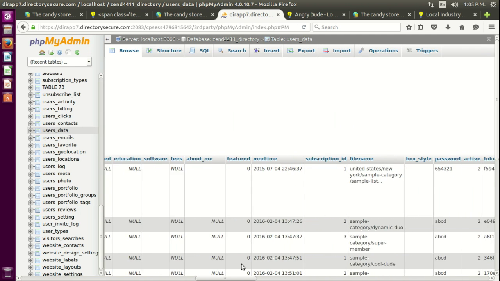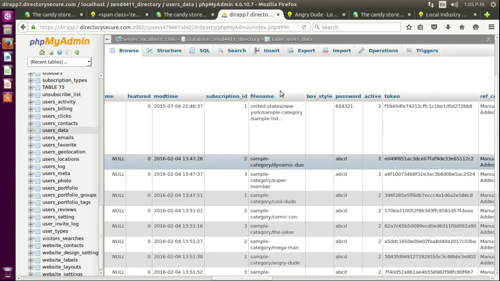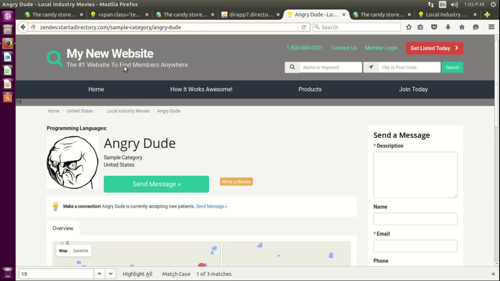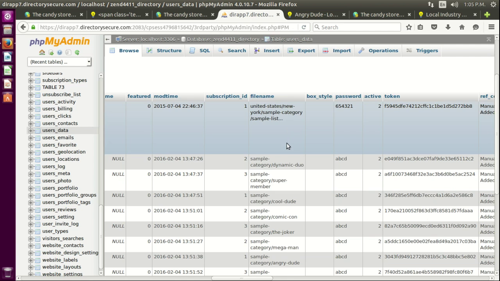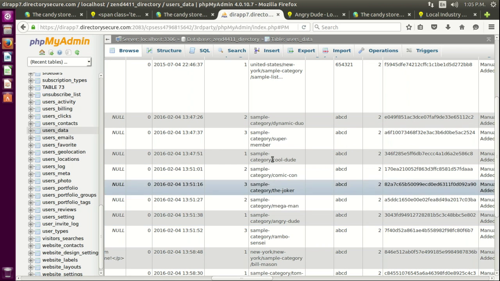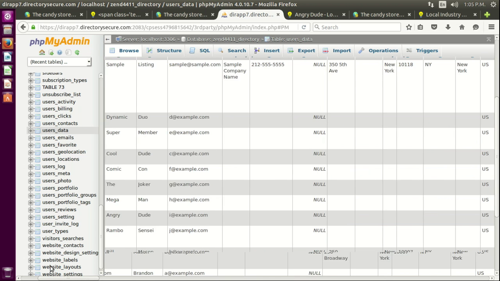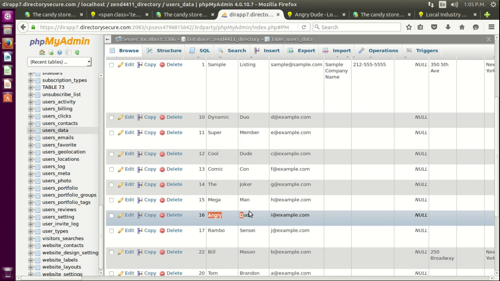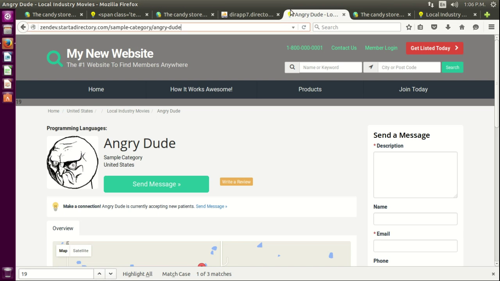Let's look for it, and here we go. So if we look at angry dude, we got sample category angry dude. That's what we're looking for here. So if we look for sample category, here's angry dude. He's very angry that we found his file name. There we go. See, he's the user 16. So that's why he has that